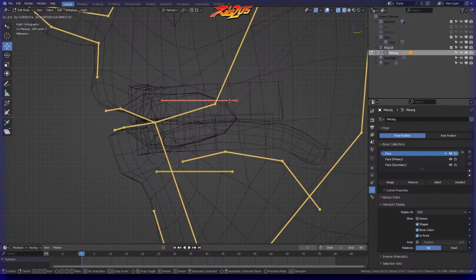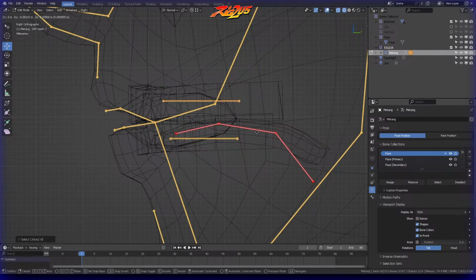So I'm going to place this right here. This is the position I want for those two teeth. I'm going to grab all of these lower teeth as well and bring them over here, since that's where my other teeth are. And you can see this is the tongue, so I'm going to grab all of that, Ctrl L to select everything that is linked to that